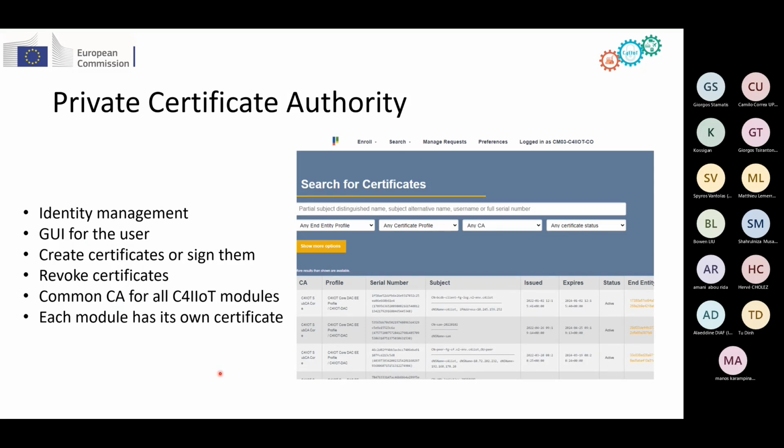Moving on, the next modules add to the security of the overall system. So I have not assigned them to a specific layer of the architecture. Within C4IoT, we are using private certificate authority as the main way to implement the identity management of this project. This private certificate authority has